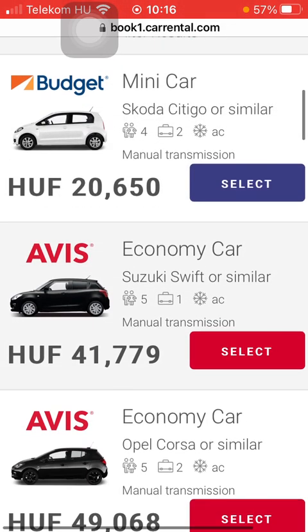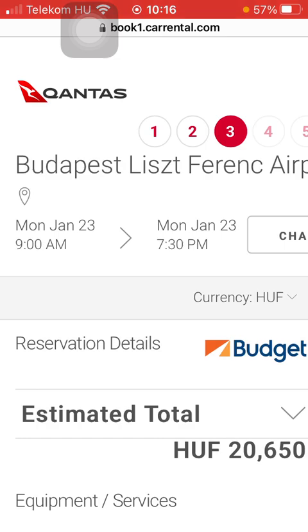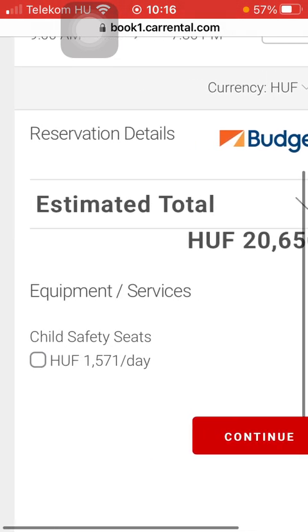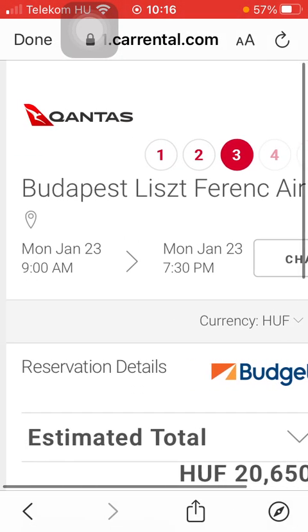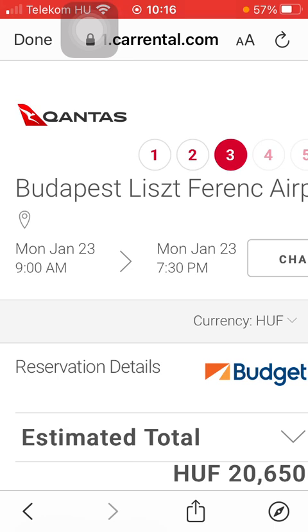Here you can find the availability, so tap on the relevant one to check out the details and what it includes. Here you can find the estimated total, what it includes, the equipment, and then you can reserve and finalize the process of